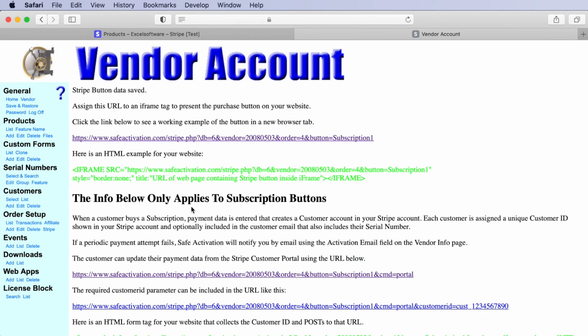So what we're going to do now is go ahead and click the button. You see the link there, it takes us to just a simple page showing that functional button. That's the same button that you would get on your page with that little snippet of code on the previous screen. And so imagine now you're sitting on your web page, and as a customer, you click the Subscribe Now button. You'll be taken to the